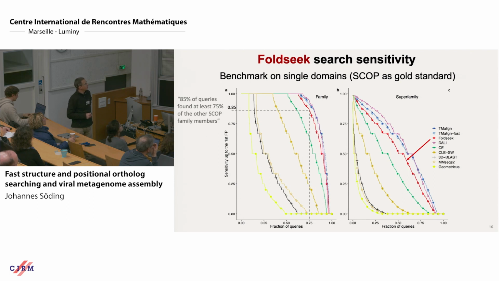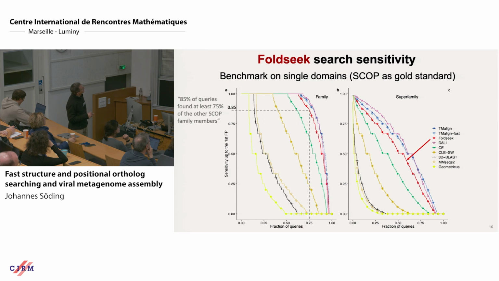So this worked very well, and here you see the results as they're in the paper. Here we benchmark all kinds of different tools. Geometric is a very fast tool for a bag of feature descriptors. This is not the standard precision recall curve, but it's similar. What you see here on the x-axis is the fraction of queries for which we found this percentage above the first false positive. So for example, this point here means that 85% of the queries found at least 75% of the,